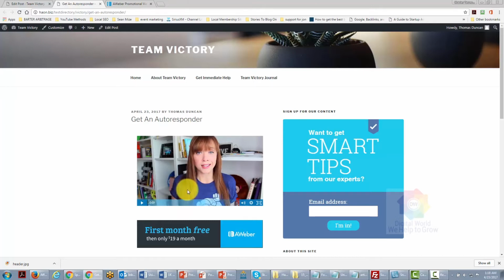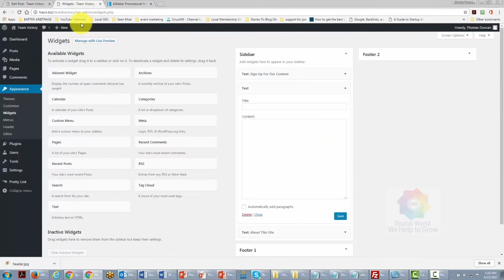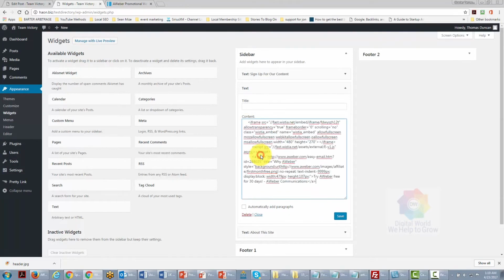Now, one of the other things we can do is the very same thing we did with our autoresponder code: we can put code in our widgets so that it will appear on all of our pages. In order to do that, we go back to this area and find our widgets. Then we can take another text box, and all we've got to do is put our code in this area again. We'll click Save,